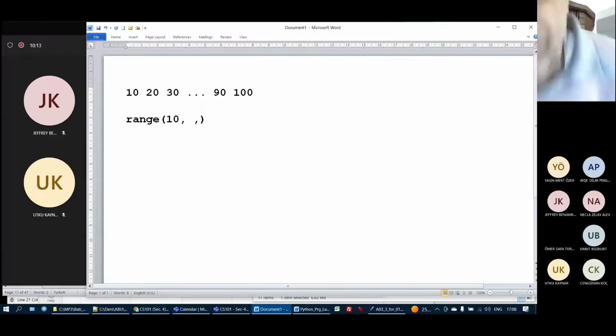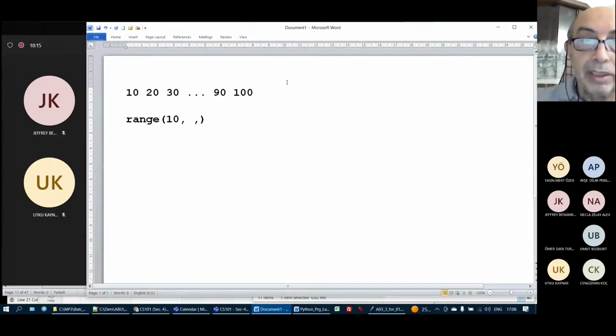Sorry, okay. Since it is increased by 10 each time, here I am putting 10, okay? My initial value is here. My increment is from 10 to 20, 20 to 30, etc., from 90 to 100 is by 10. My third parameter is the increment. And then here I write a value so that